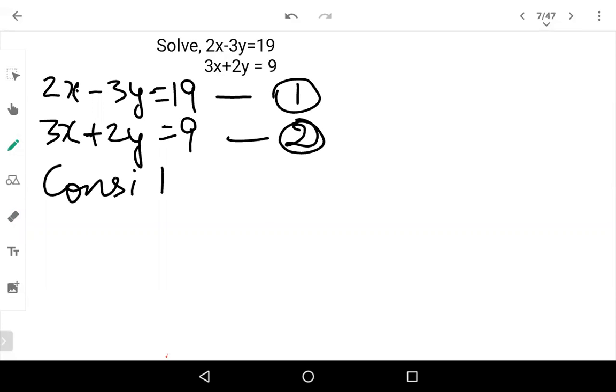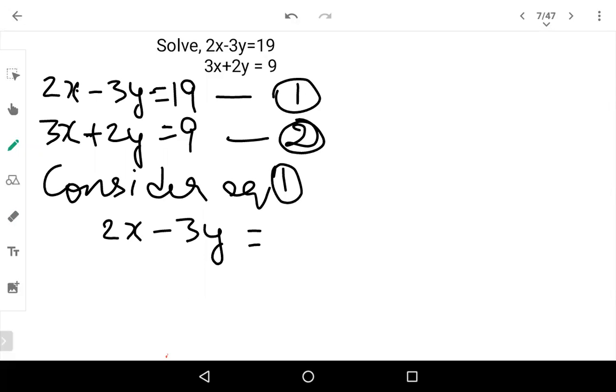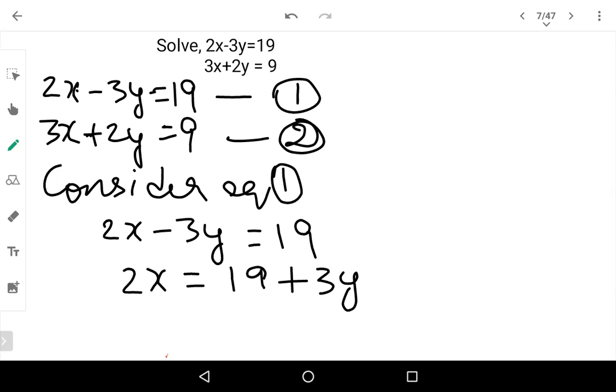Now let us consider equation 1. 2x minus 3y is equal to 19, and we are supposed to take x to one side and all the variables to other side. So 2x is equal to 19 plus 3y. I am taking 3y to the other side. X is equal to 19 plus 3y whole divided